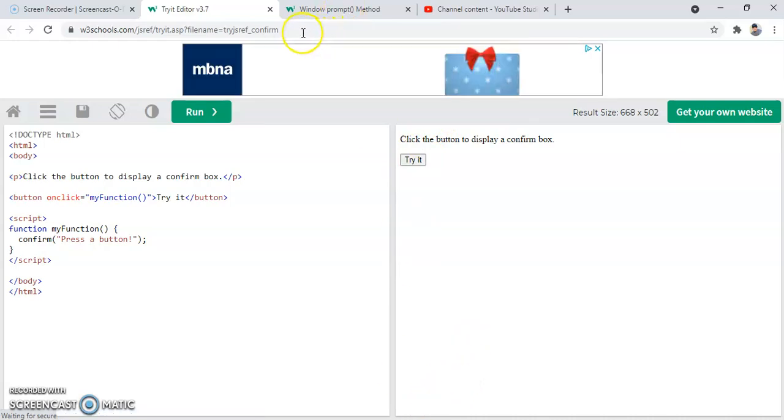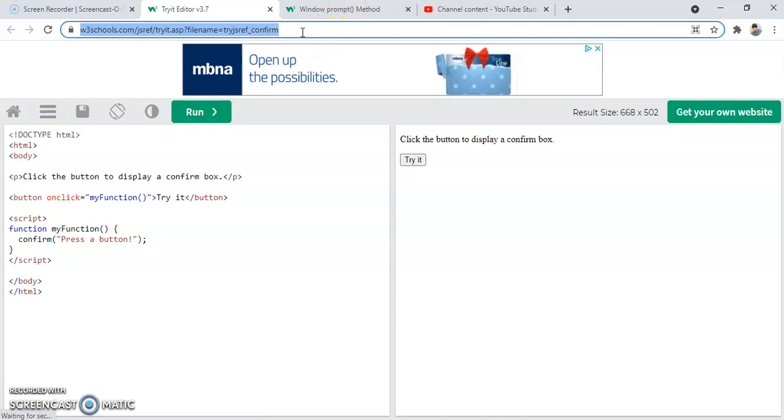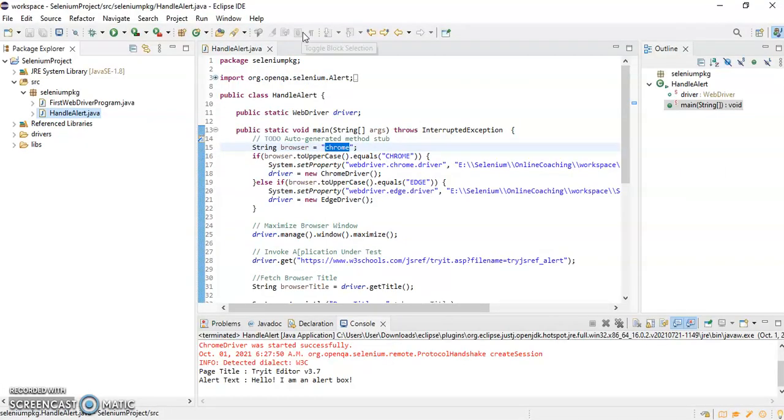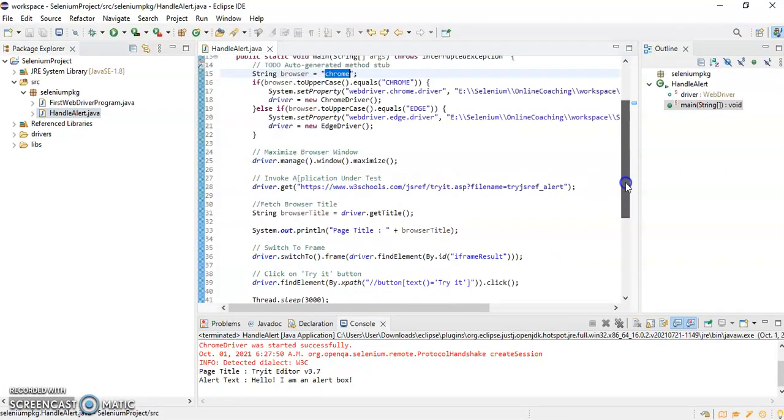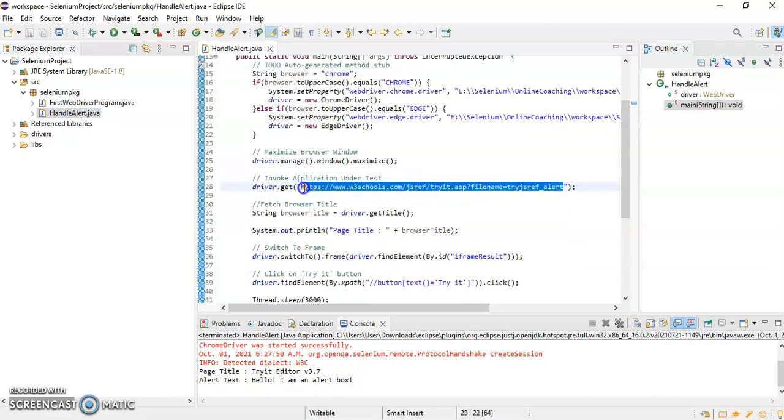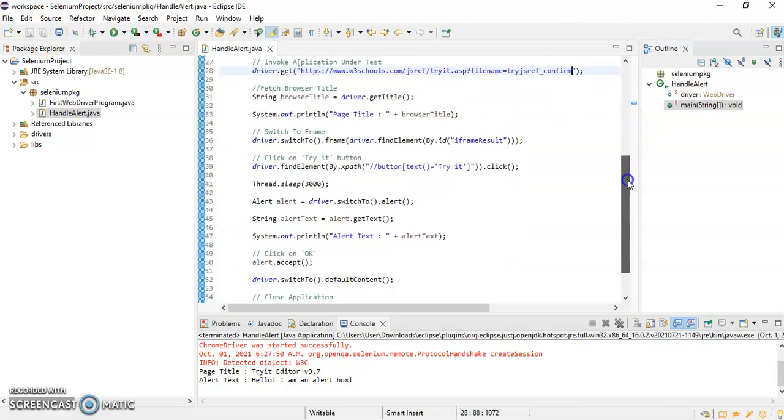All I have to do is change the URL. So I'll come here and just change its URL. The script will remain the same, but if you want to click on OK, then you have to call this accept method by using the reference variable of the Alert interface.